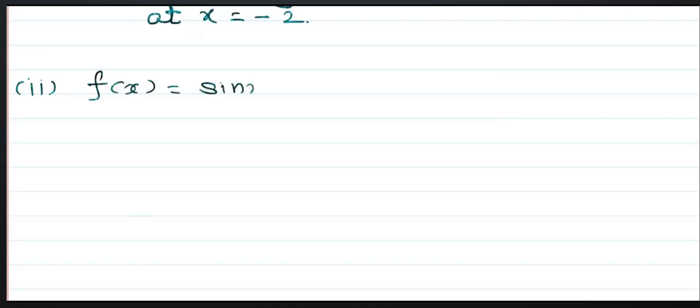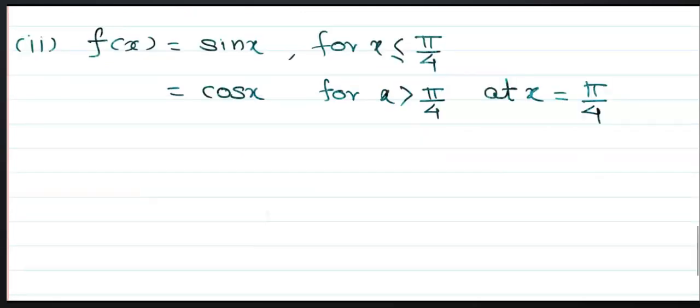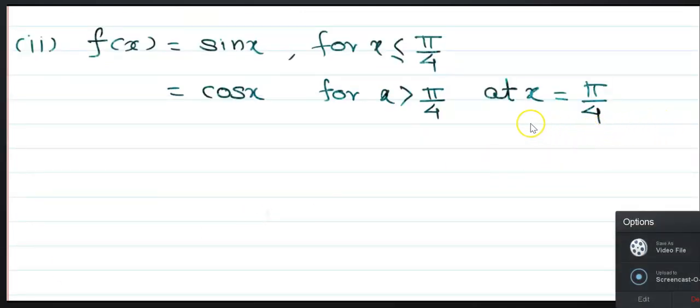Second, f of x is equal to sine x for x is less than or equal to pi by 4, is equal to cos x for x is greater than pi by 4, and we want to check the continuity at x is equal to pi by 4. Then what to do here? That is, we will find out